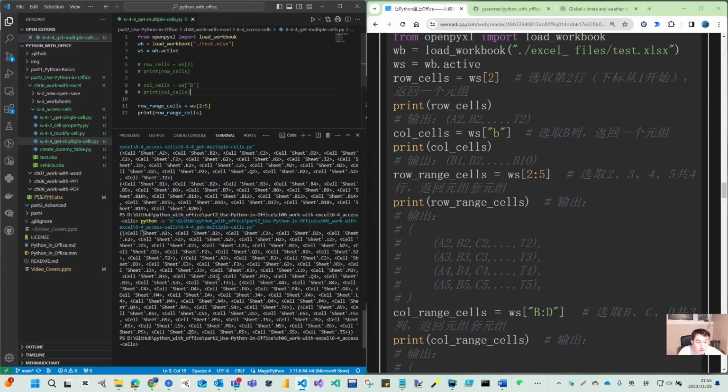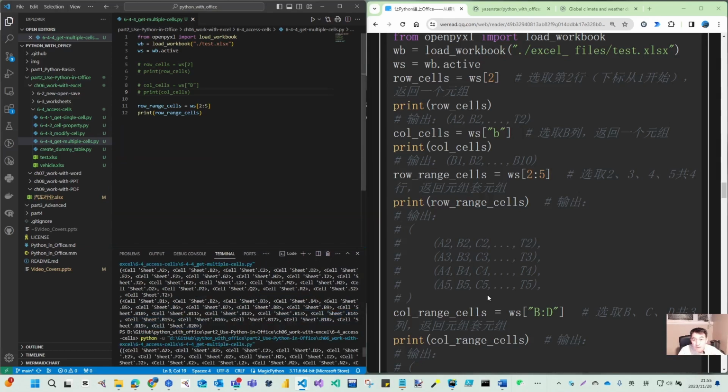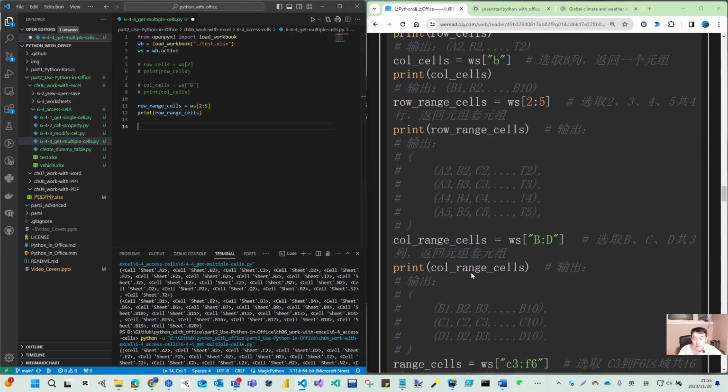So now it is saved. You see here is the 2-dimension tuple, and this one until here is the second row, and here from A3 to T3 is the third row, and here is number 4 and number 5. So this is now the same as what is showing here. And further, let's see, we make the column range cell. Just give the alphabet